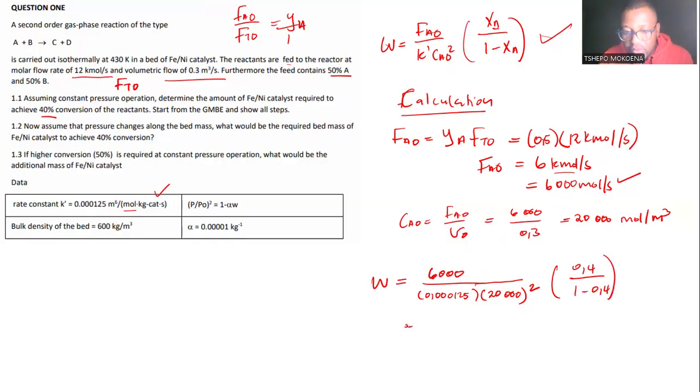Then let's put this onto our calculator to get the final answer, which is the mass of our catalyst. So we say 6,000 divided by 0.000125, 20,000, 123 squared, open the bracket, 0.4 divided by 1 minus 0.4. We close the bracket and we get the answer to be